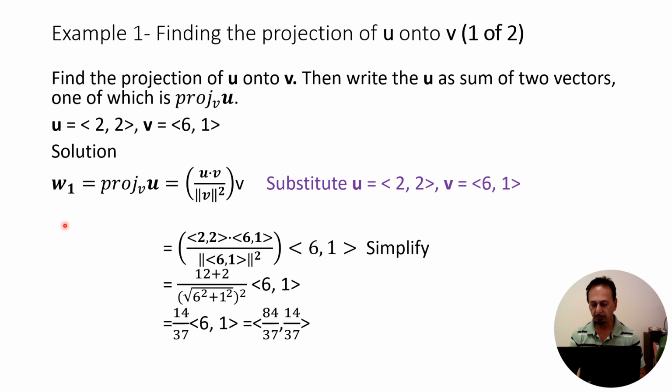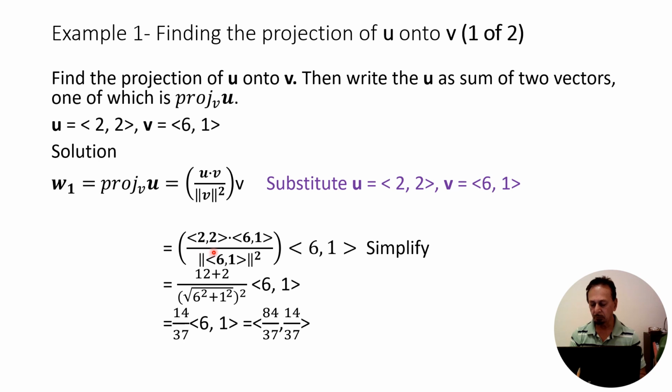Let's first find W1, the projection of U onto V, whose formula is U dot V over the square of the magnitude of V, times vector V. Now we substitute U as angle bracket 2 comma 2 angle bracket, and V equals angle bracket 6 comma 1 angle bracket. So this becomes